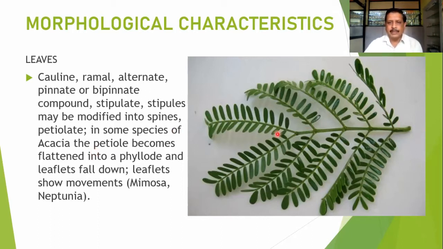Here you can find a bipinnate leaf. We already studied the bipinnate leaf in detail. This is the main rachis. On the main rachis, we find the secondary rachis. And on the secondary rachis, we find the leaflets or pinnae. So if it is a single rachis and leaflets are directly there, it is the unipinnate structure. But when there is a secondary rachis on the same leaf, we can find the development of the bipinnate type of leaf.